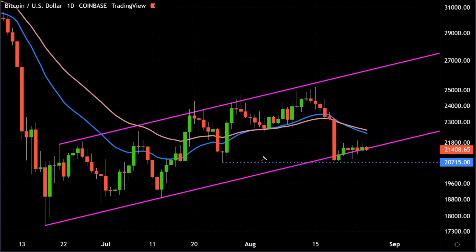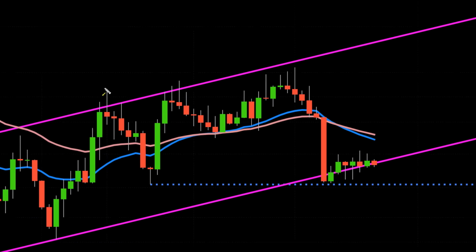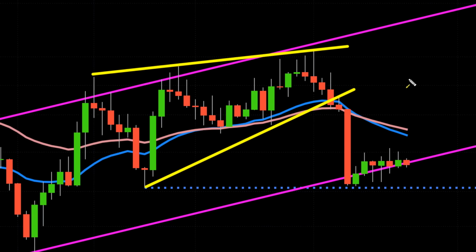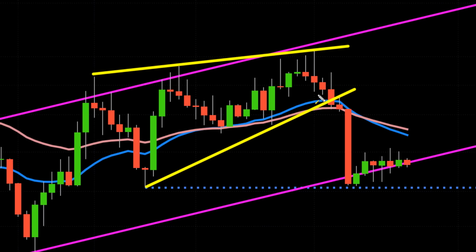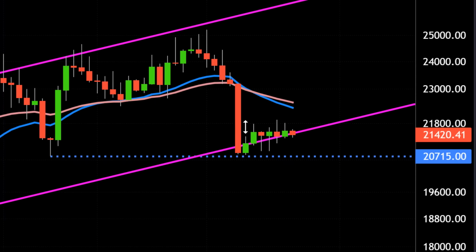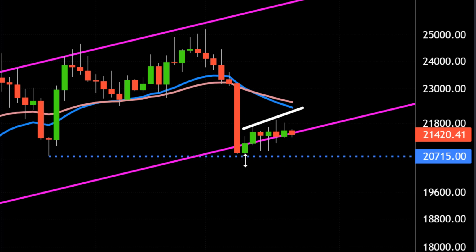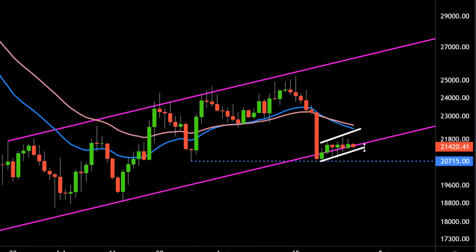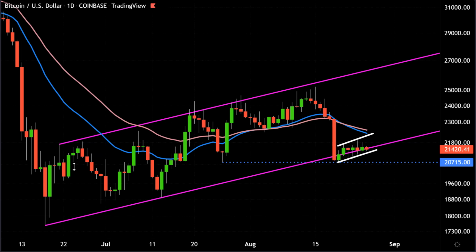By the way, you may notice that over here, we had a diagonal pattern, sometimes also called a wedge pattern. As you can see here, it broke out of this diagonal formation and took out the 21 to 34 EMA, and it's now come down to the bottom section of this ascending channel pattern. As a matter of fact, you can argue that what's happening here on the chart of Bitcoin right now is a sideways flag pattern, almost mimicking the flag pattern that has been forming here for the last several weeks and months. We'll talk more about this in a few moments.